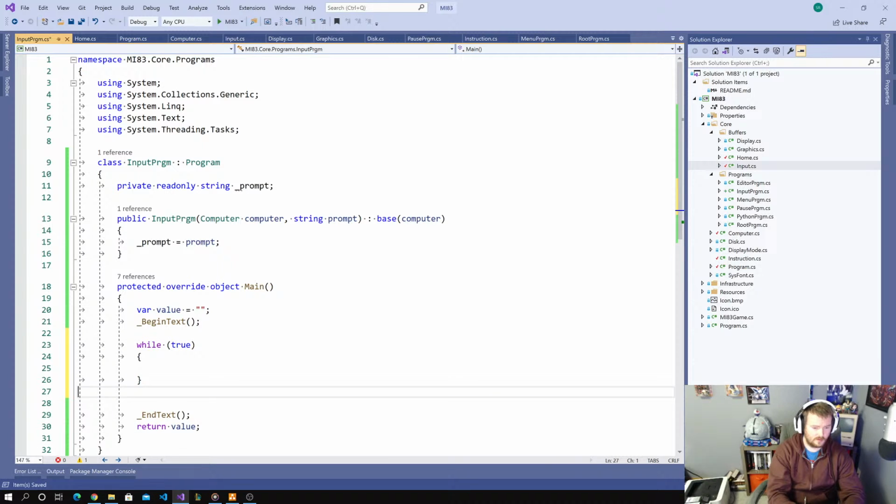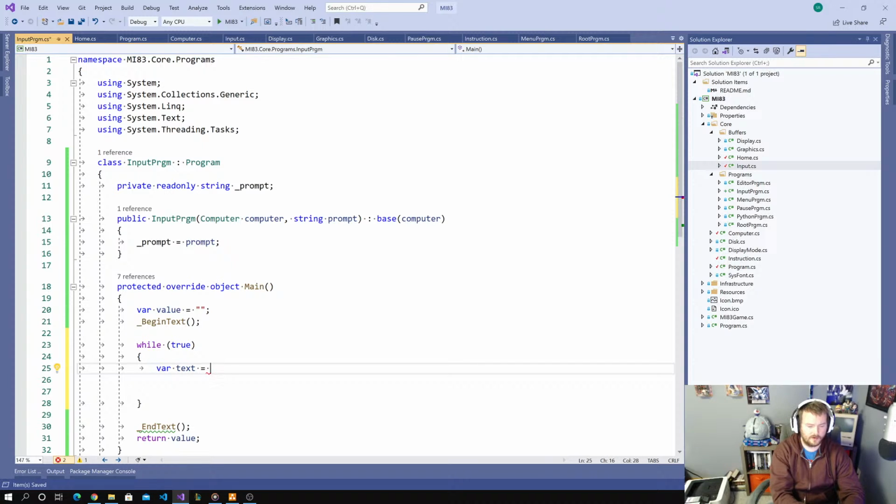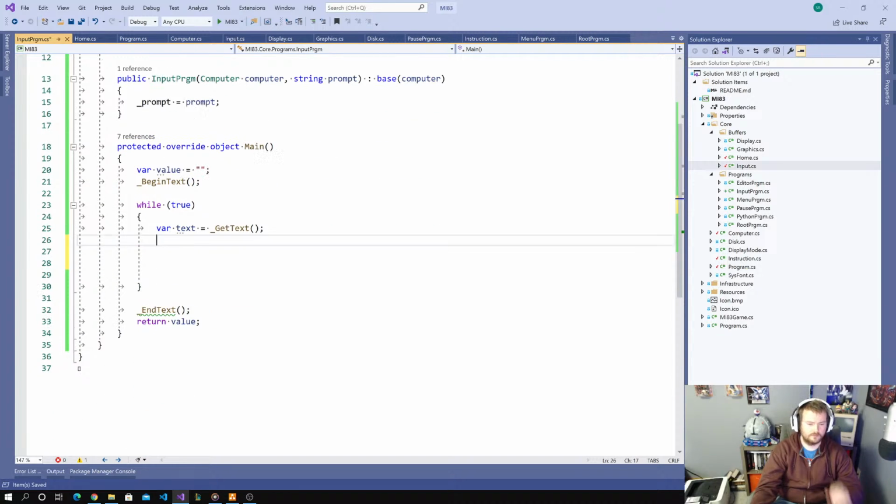Forever. We'll get the text buffer. Again, this doesn't give me the back and forward characters, but